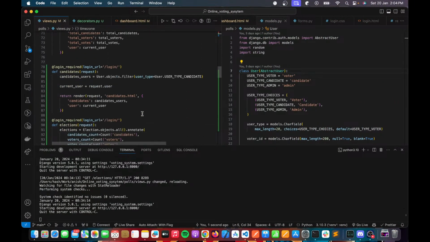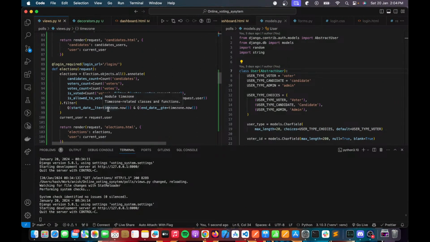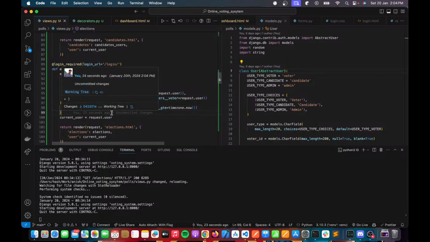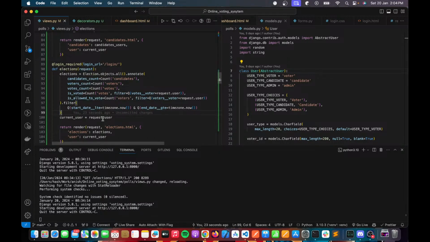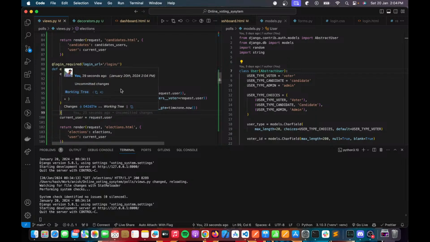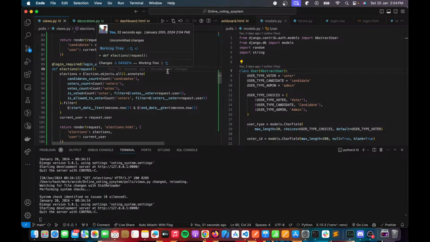So here I will explain the code that the AI just wrote. Start date is less than or equal to, this full form is less than or equal to timezone dot now. So the start date must be in the past. Understood? Start date cannot be in the future. If the start date is in the future, then the election hasn't started yet, so we should not list it there, right? Now for the end date, if end date is greater than or equal to timezone dot now,